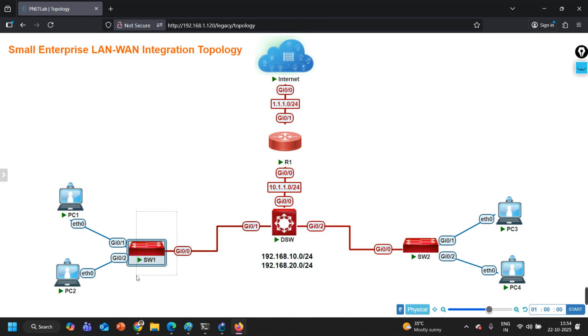First we have the access layer, or you can say user layer. This layer connects end users to the network. Second, we have the distribution layer here. And this is the most common topology, guys, the most common scenario. And in the documentation you need to mention all these things in detail, like this is a three-tier enterprise network model. The name of your project is going to be enterprise branch network or a small enterprise LAN-WAN integration topology, where